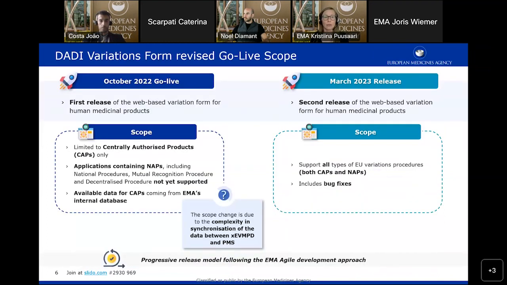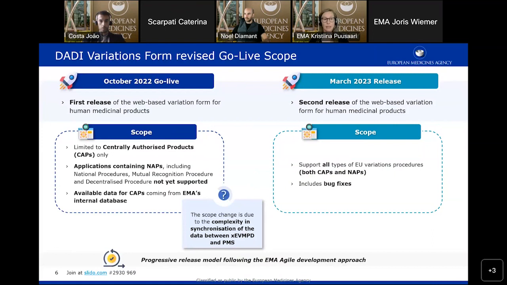So just to remind you all on the revised go-live scope. As I mentioned earlier, in October 22, we will have the first go-live with the web-based variation form for human medicinal products. And the scope in this initial phase will be limited to centrally authorized products.